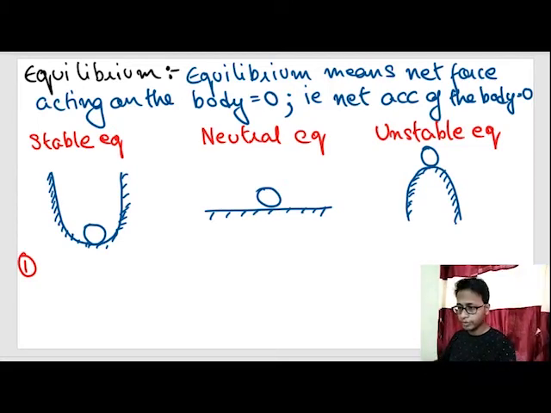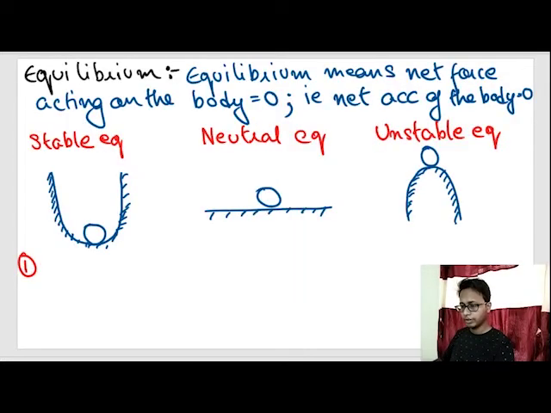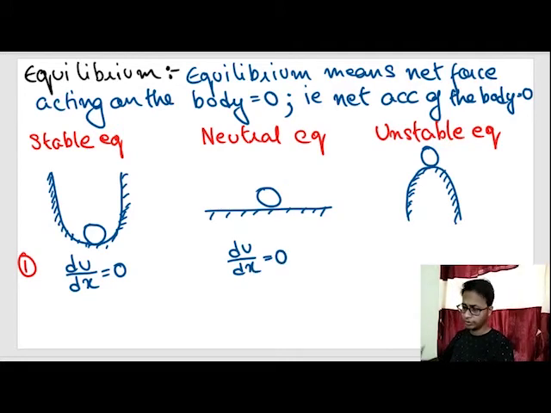So first we study the first condition of equilibrium. Equilibrium means net force is equal to zero. How is net force equal to zero? In the previous slide we said force is nothing but du by dx. So if force is equal to zero, can I say du by dx is also equal to zero out here? Similarly, du by dx is also zero out here. That means force is equal to zero. Even out here, du by dx is equal to zero, which means force is equal to zero.